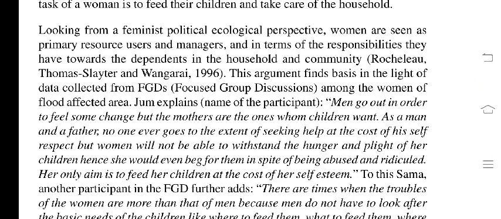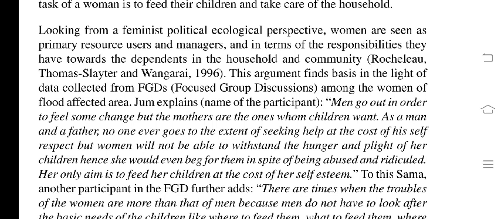This argument finds basis in the light of data collected from FGDs, focus group discussions, among the women of flood-affected areas. Jum explains, name of the participant: